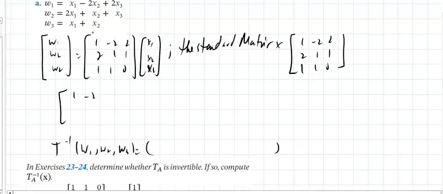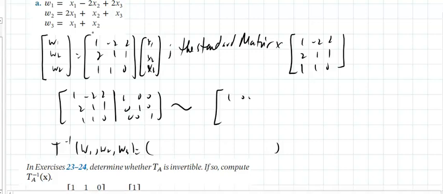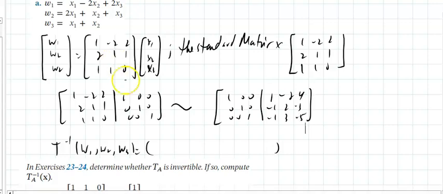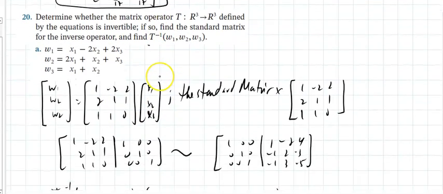We're going to take 1, negative 2, 2, 2, 1, 1, 1, 1, 0, 1, 0, 0, 0, 1, 0, 0, 0, 1. If I do the work and I get 1, 0, 0, 0, 1, 0, 0, 0, 1, what I end up with is 1, negative 2, 4, negative 1, 2, negative 3, and negative 1, 3, negative 5. So if I wanted to talk about the inverse